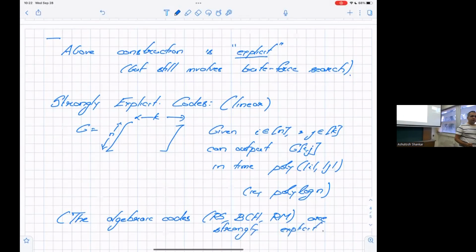Whereas the above construction of four. I gave a parity check. From a parity check matrix, it's easy to come up with this. For BCH codes, how to, I didn't tell you, but you can come up with